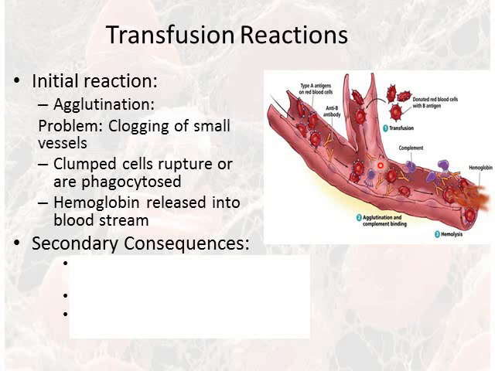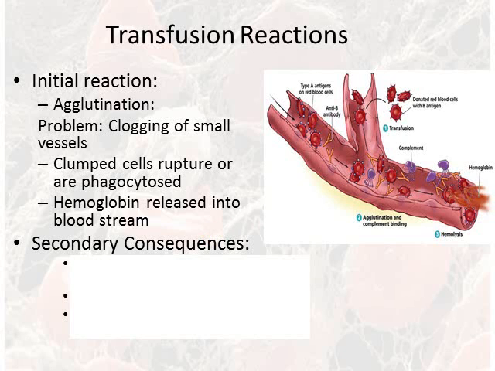Okay, so when all these get stuck together, this clogs up small blood vessels. Okay, and that can lead to lack of blood flow in certain areas. Okay, what also happens besides that is these red blood cells can rupture, okay, or be destroyed by the immune system via phagocytosis. And when these red blood cells rupture, that dumps hemoglobin out into the bloodstream, and that's going